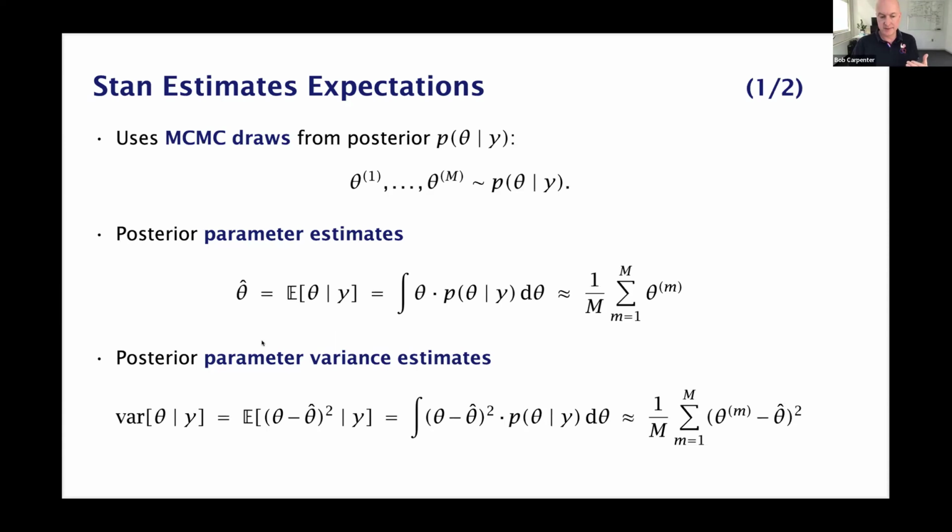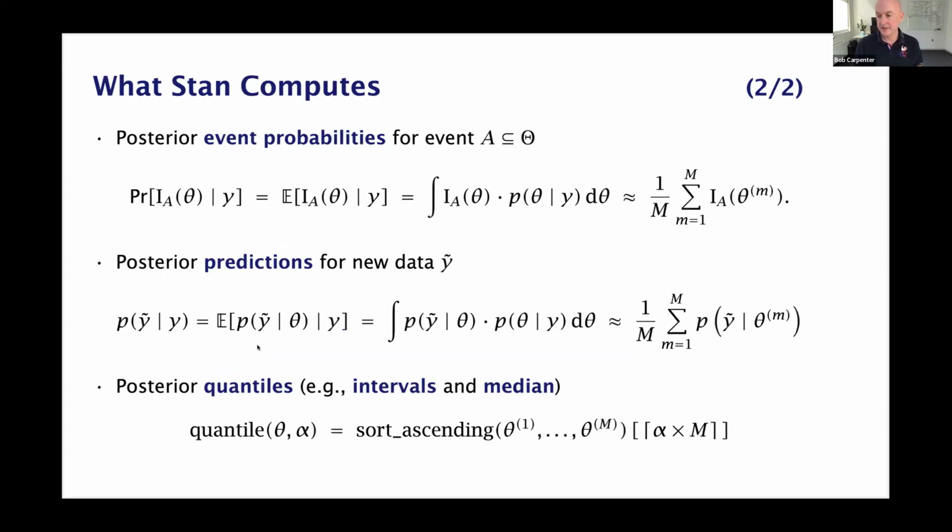So what are the main things that we do? They're all expectations. We calculate posterior parameter estimates as the expected value of the parameter theta given the data y, and that's just a simple MCMC. They're all simple MCMC calculations that look exactly the same. Variance is just the expectation of the difference from the expectation squared, right? Posterior event probabilities: if I have some subset of the parameter space A, and I have an indicator function that is 1 if something's in that set, then the probability of an event, right? Oh, sorry, that should just be written, the probability of A given y is the expectation of the indicator function,